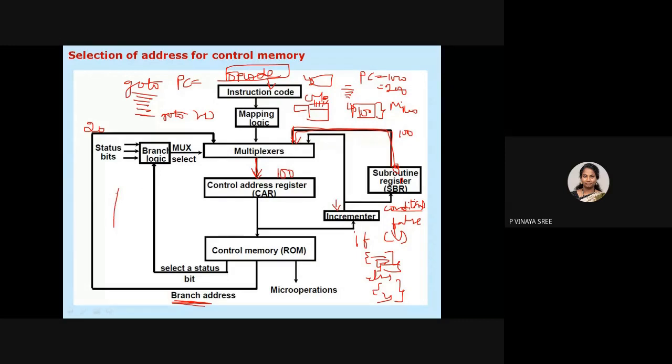It goes to the control memory, and since we have 100 in the control address register, it will go to that address and there will be a micro instruction inside. Inside that micro instruction, I will have a set of micro operations; one part will be the next address and the other part is micro operations. It will execute those micro operations so that control signals will be generated.